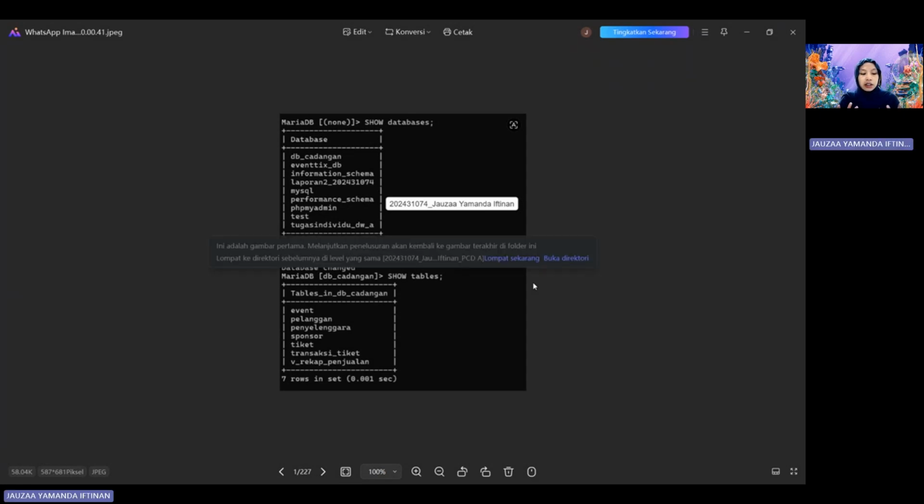Finally, we verify our external backup and restore processes after executing the mysqldump utility. In the operating system terminal, I log back in to MariaDB and check the result. The show databases command provides our new backup environment, db_cadangan, which exists. Furthermore, by selecting this database and running show tables, we can see the complete architecture, including our customer, event, and virtual view. This serves as undeniable proof that our data migration was entirely successful.